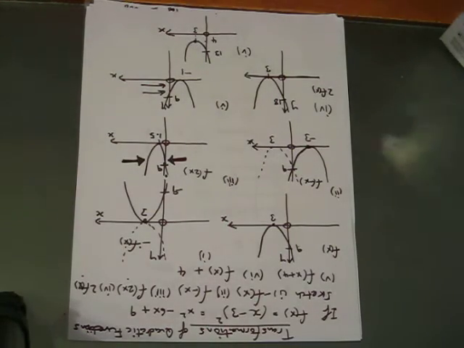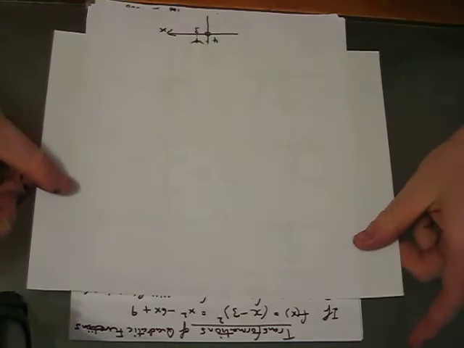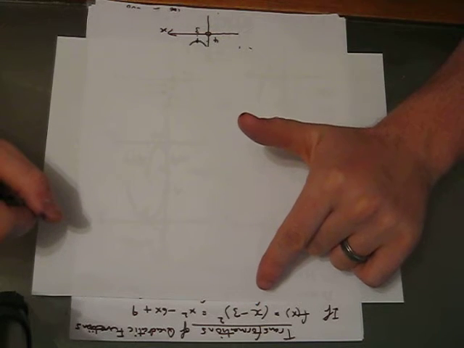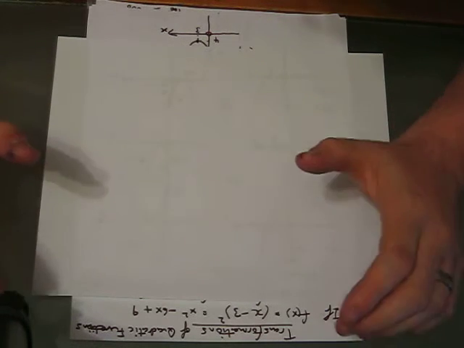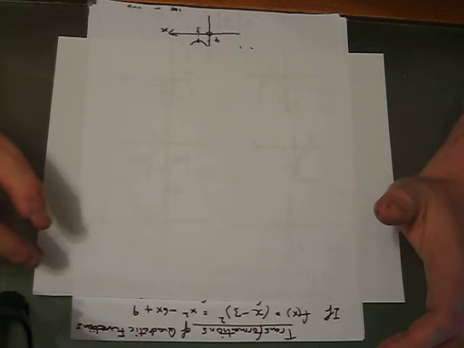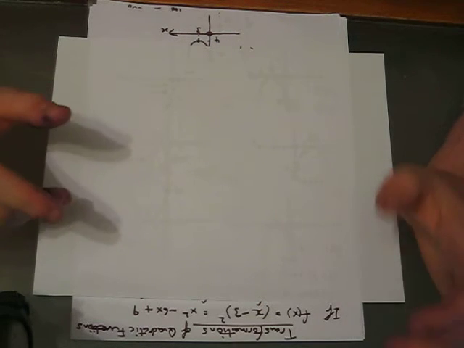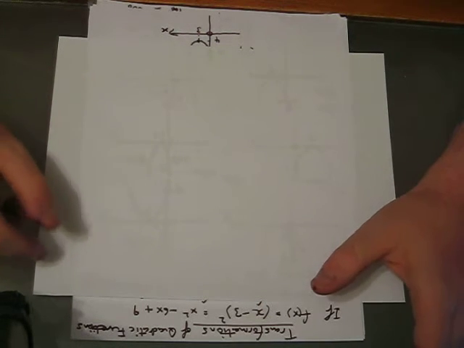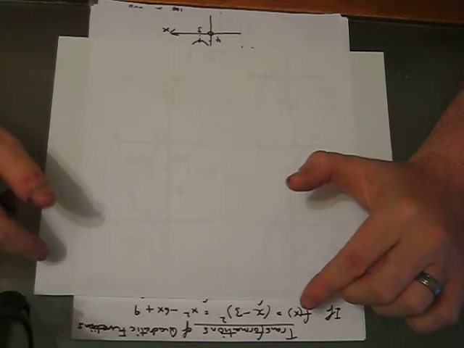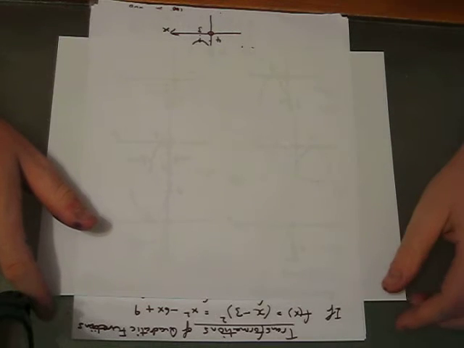So, brief review of transformations of quadratic functions. I find it useful really to use a quadratic that is not symmetrical around the y-axis if you're looking at transformations, to help you understand this. If you use x squared as the base function, you're going to find the horizontal and vertical compressions a little bit confusing. So here I've used x minus 3 squared, and if you factor that out, x squared minus 6x